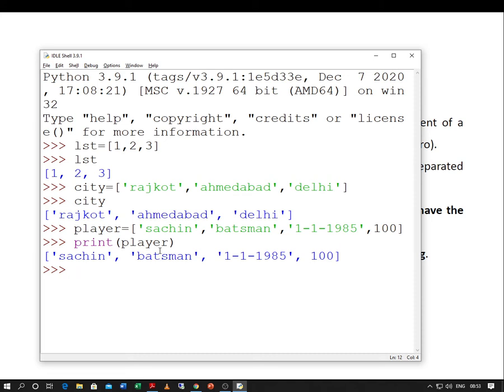So, this is the big difference between a list and an array, in the sense that a list can contain elements of different data types. Sachin is having a different data type, 100 is having a different data type. That is the biggest thing as far as a list is concerned.